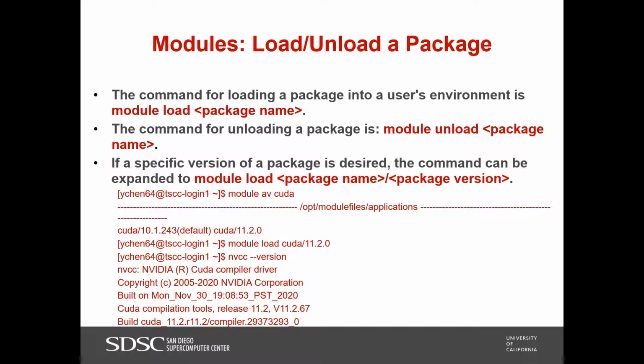So here is an example of module load CUDA 11.2. By default, CUDA 10.1 will be loaded if I just type module load CUDA.